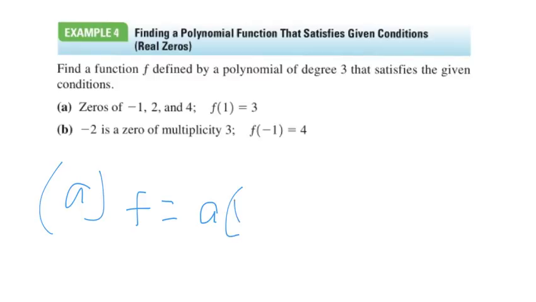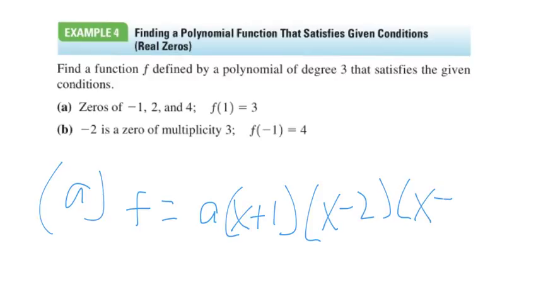If it has a 0 at negative 1, then x plus 1 is a factor. And if it has a 0 at positive 2, then x minus 2 is a factor. And if it has a 0 at positive 4, then x minus 4 is a factor. Now, if f of 1 is 3,